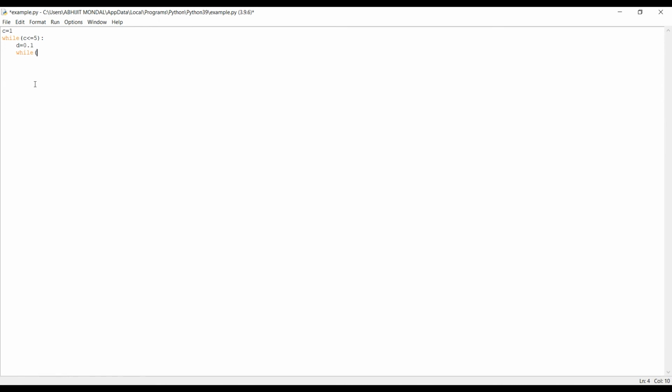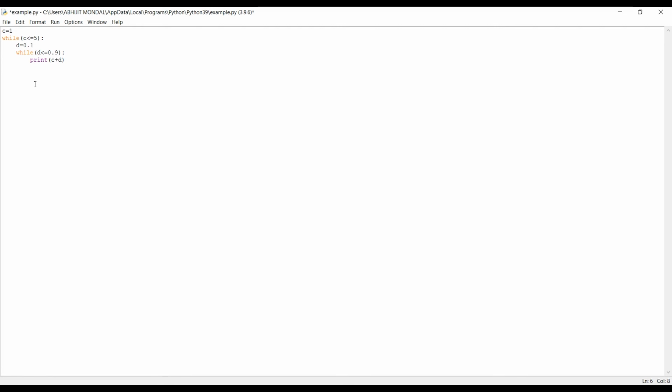In this while loop, the condition for executing the statements will be d less than or equal to 0.9. Inside the body we will print c plus d.